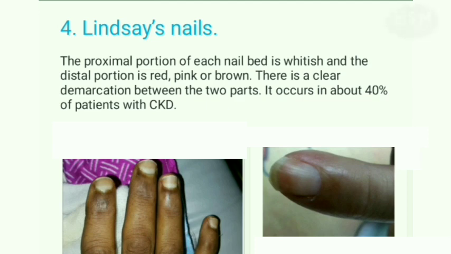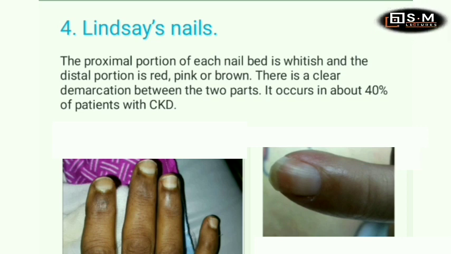So if we look at these 4 fingers, we will see the proximal portion is whitish in appearance, then the distal portion is reddish, and it may also be brown or pink. Between these 2 portions, that's between the reddish distal part and the whitish proximal part, we will see there is a clear demarcation. So this is a condition known as